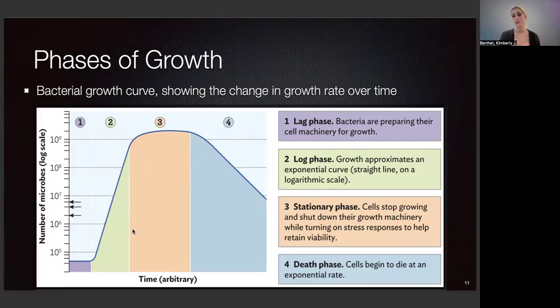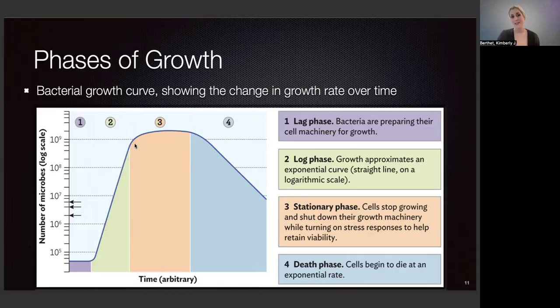This is really the introduction of a microorganism to its environment, where it's testing out the pH, testing out the salinity, testing out the nutrients. If all of the optimal conditions are met, these microorganisms start activating cellular machinery to begin division of the cell. And that's where we hit the log phase next. This is where we actually start growing. We have that exponential growth, that straight line up that we see here. So this is that doubling time over and over again from 2 to 4 to 8 to 16 to 32